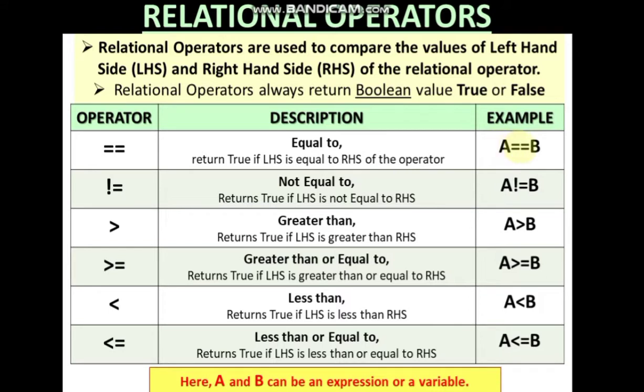So for example, a == b, you check whether the value of a is equal to b or not. If it is true, then it will give you the value true. If it is false, it will give you the value false. So for all the relational operators, there are 6 relational operators which always return Boolean value, either true or false. So what are the 6 relational operators? Double equal to, as I have just said, to check. Not equal to, now this is the symbol of not equal to. So a != b, like this we can write, and then greater than, greater than equal to, less than, and less than equal to. And a and b can be any expression or a variable, remember. So let's see an example of this.